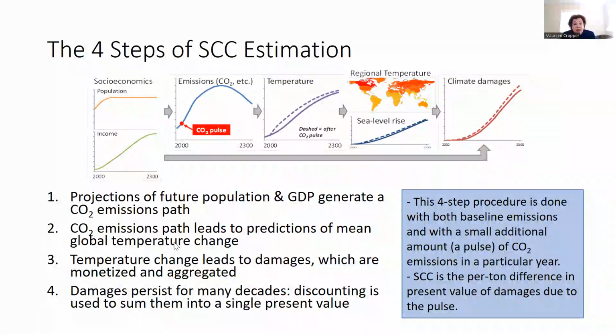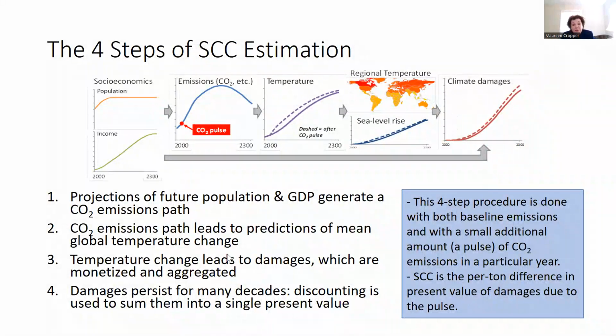Then you have to look at the future path of CO2 emissions with and without this pulse, and use climate science to tell us how that's going to change mean global temperature. What will that look like in a baseline, and then after this pulse has been added? Then, of course, you've got to downscale that to regional temperature changes, sea level rise, ocean acidification, and then, not